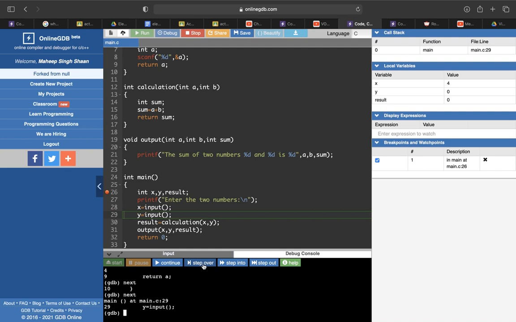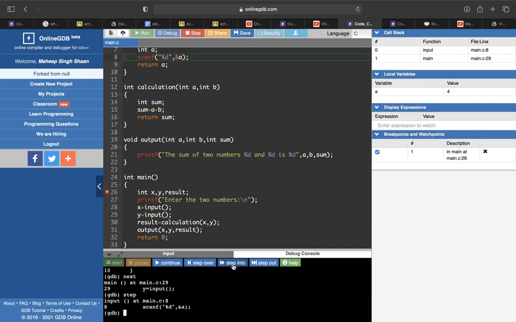Now it asks me for the input again for y. So if you see, this is not such an efficient code. That is why it's always preferable to use pass by reference, because it takes extra steps in the debug log as well. That we'll discuss later. So now again I'm calling the function, and whenever I'm calling a function, that is the time I use step into. Step into done, now I'm back in the function, so I have to step over. Now it's asking for input again, I'll give it 7.